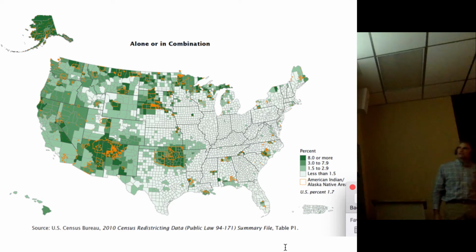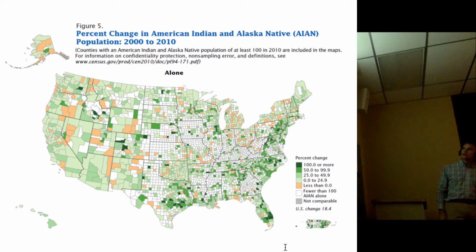All right, we'll zip past some of this stuff and look at some more maps. This is percent change in the American Indian population. What sort of pattern do you see here? Well, okay, 100% or more change. A lot of this is probably going to be very, very small numbers, right? So people moving around where Indian populations are relatively small, shifts in population. Kind of an interesting map, though.